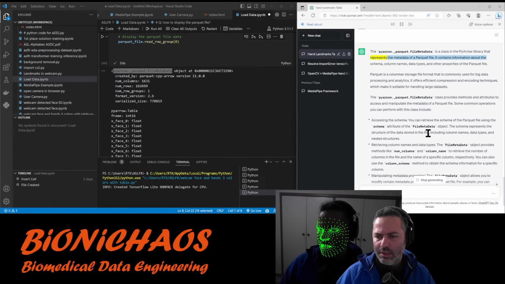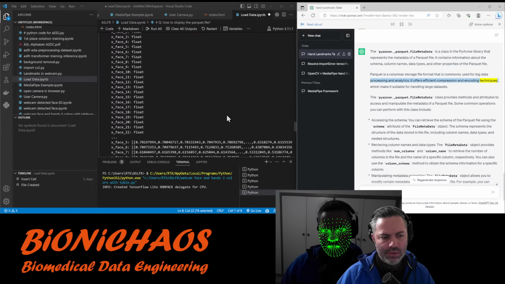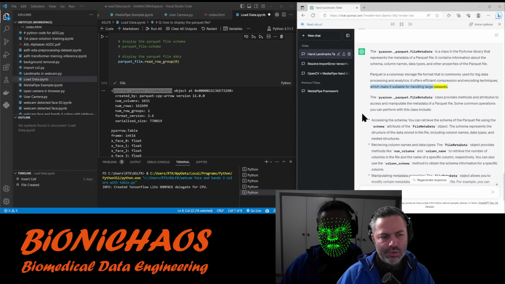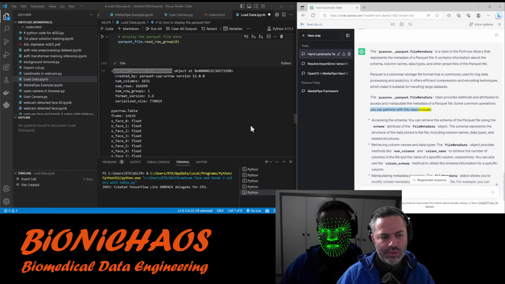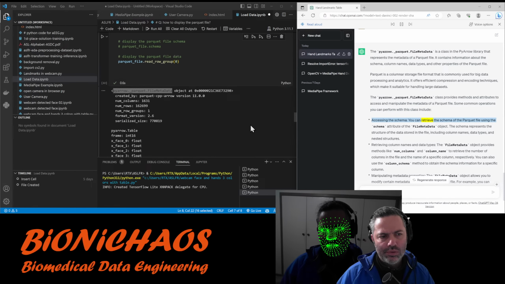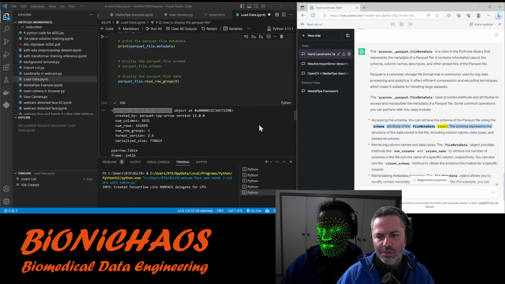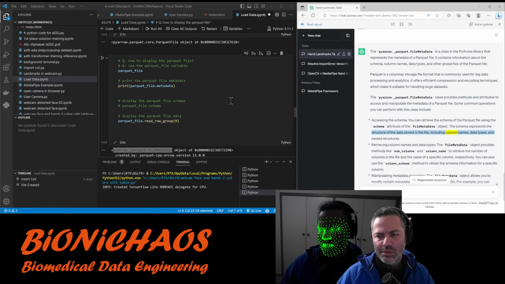A class in the PyArrow library that represents the metadata of a parquet file. It contains information about the schema, column names, data types, and other properties of the parquet file. Parquet is a columnar storage file format that is commonly used for big data processing and analytics. It offers efficient compression and encoding techniques, which make it suitable for handling large datasets. The PyArrow_parquet.FileMetadata class provides methods and attributes to access and manipulate the metadata of a parquet file. Some common operations you can perform with this class include accessing the schema. You can retrieve the schema of the parquet file using the schema attribute of the file metadata object. The schema represents the structure of the data stored in the file, including column names, data types, and nested structures. Retrieving column names and data types, the file metadata object provides methods like num_columns and column_name to retrieve the number of